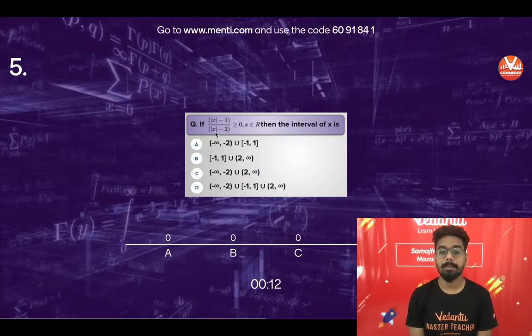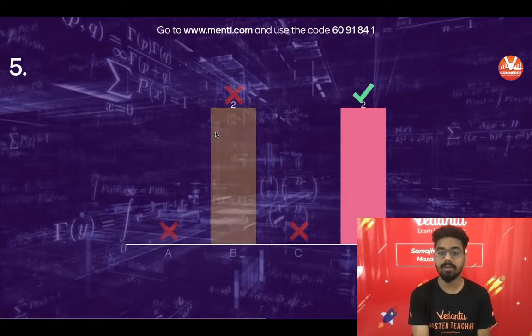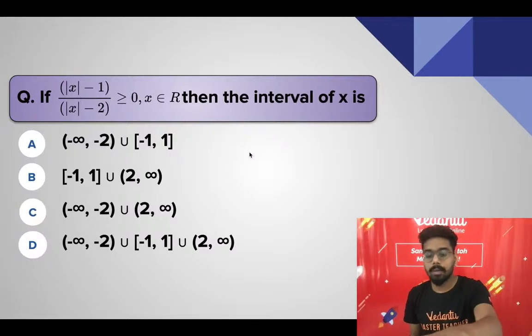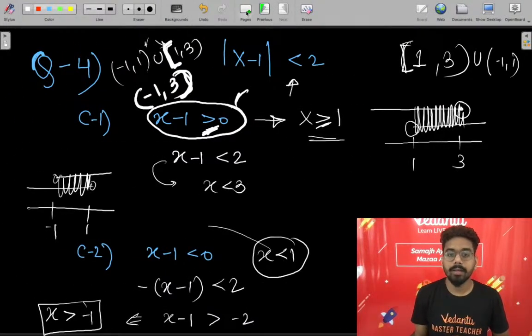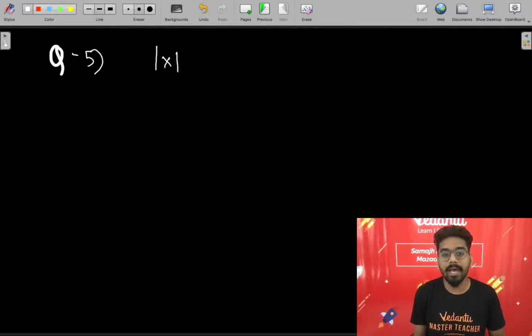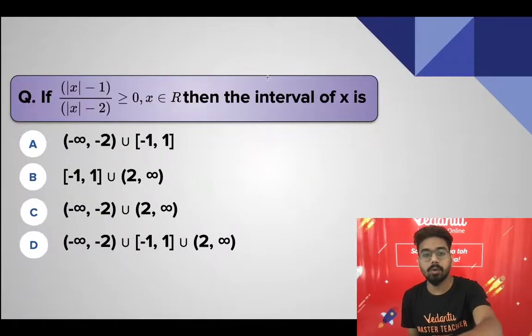मॉडुलस ऑफ x-1 अपॉन मॉडुलस ऑफ x-2 greater than equals to 0. So only 4 people have answered. 2 are correct, 2 are wrong. ठीक है, अब बाकी लोग क्या है सेशन में। क्वेश्चन नंबर 5 क्या है आपका? क्वेश्चन नंबर 5 था मॉडुलस ऑफ x-1 अपॉन मॉडुलस ऑफ x-2 ग्रेटर देन इक्वल टू 0। कंफर्म करते हैं यही क्वेश्चन होगा, यस।